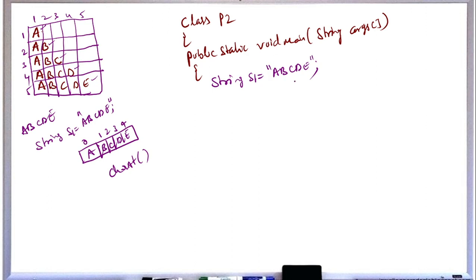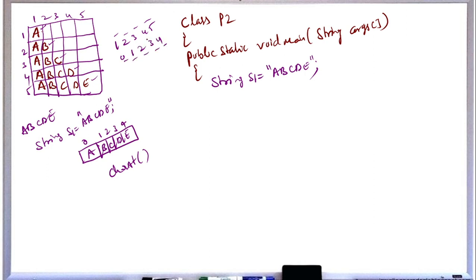Once this is over, next you have to write the loop for the rows. How many rows are we taking? 5 rows. In case of strings, instead of taking from 1 to 5, you can take 0 to 4. Anyway we need a count of 5. Either you can take 1 2 3 4 5, how many values? 5 values. Or you can take 0 1 2 3 4, how many values again? 5 values.